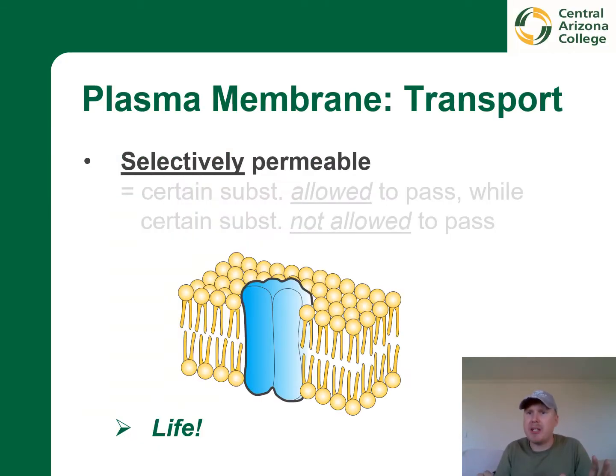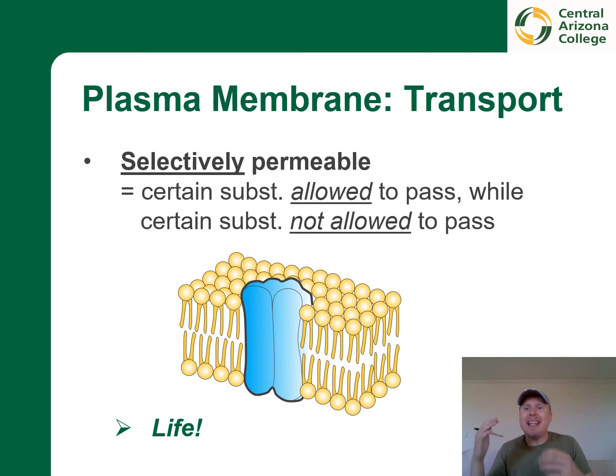One of the things that I mentioned at the very beginning of our first video was selective permeability. And this term describes the function of plasma membranes really well. They let some materials through while blocking others from passing through. And this is vital for forming the differences between the two sides of the cell membranes. In fact, this is the foundation of the entire life, the very topic that we are studying in this course.